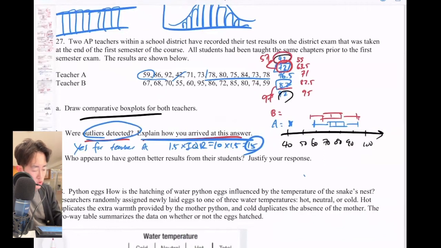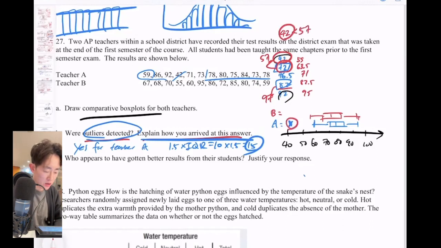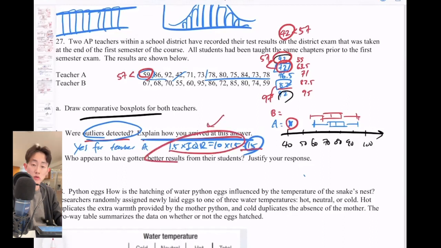So 42 is less than 57, which means that's why 42 is labeled as an outlier. The next lowest one is just 59. Well, 59 is bigger than 57, so it actually made it. It's not lower than 57, which means it's not going to be considered an outlier. That's the cutoff line. So that's how you can say you've arrived at the answer by using the 1.5 times IQR